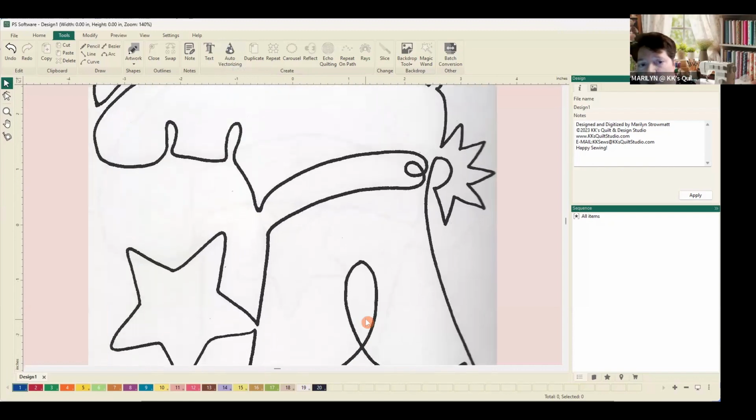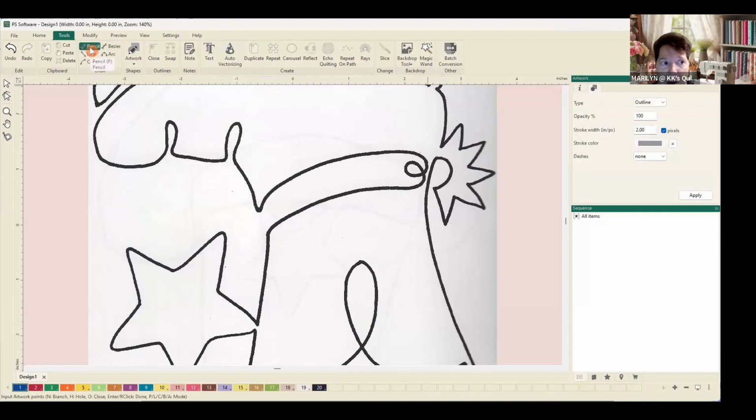I'm going to use the magic wand, but look, it's grayed out, isn't it? How do I turn it on? Well, just go over here and click on any of the drawing tools. It doesn't matter which one, you can use any of them. I'm going to click on the pencil tool and now my magic wand lit up. So now I'm going to click on it. Now my mouse cursor changes to a little wand, and all I need to do is click